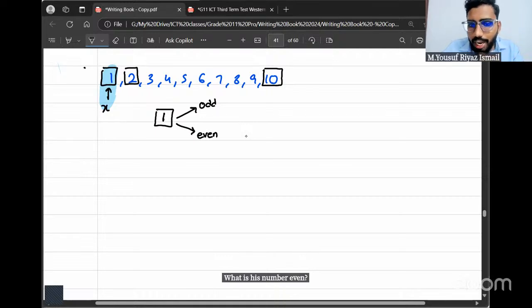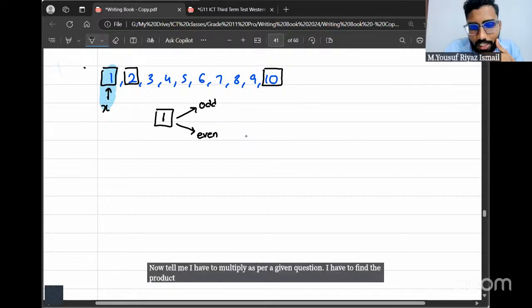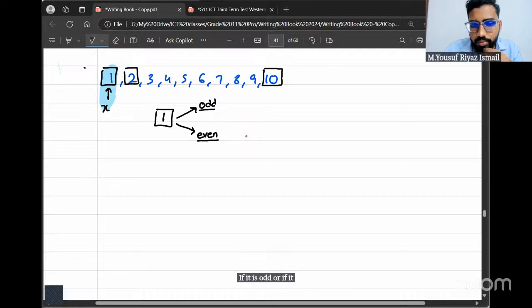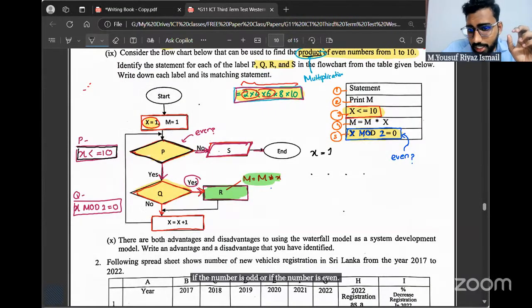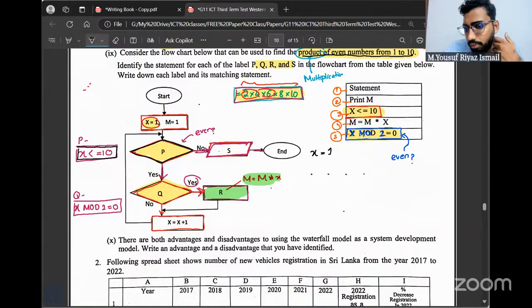Now tell me, as per the given question, I had to find the product if the number is odd or if it is even. Read this and tell me. I had to find the product only if it is an even number.